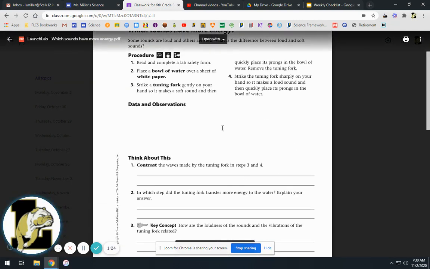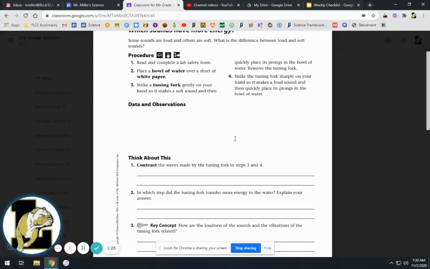Again, just make sure you read through this to furthermore explain what a tuning fork is. Basically, you hit it on the table or hit it on your hand and it vibrates. The longer the tuning fork, the longer the wavelength. The shorter the tuning fork, the shorter the wavelength, but the greater the amplitude, which has everything to do with what we're talking about, which again has everything to do with